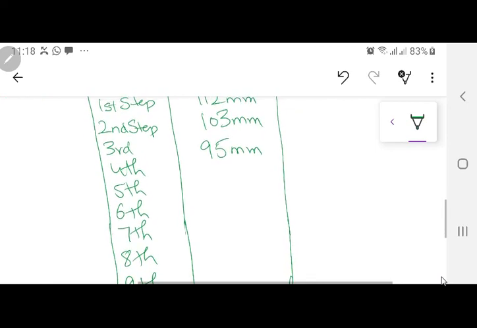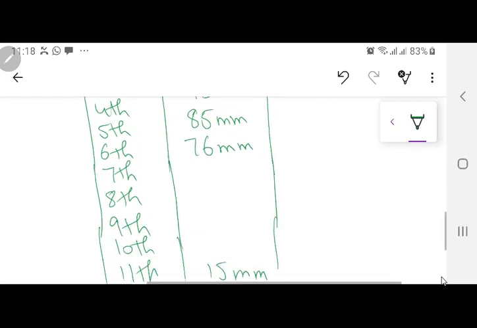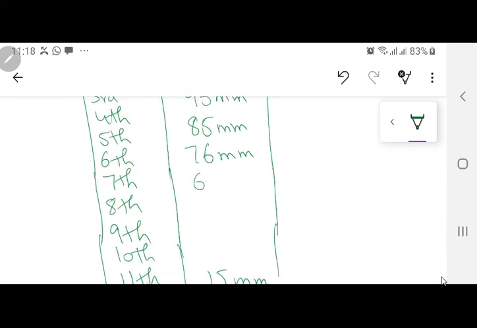Next. 85. चलो कोई नहीं. No issues. No issues. And you are hovering between 8, 9 and 10. No issues. Okay. आगे 76 mm. Next 67 mm. 59. ये ज़्यादा हो जाता है. 8 का चलो 59 mm. ओके. नेक्स्ट